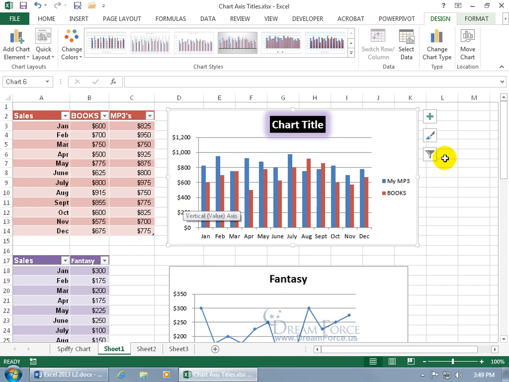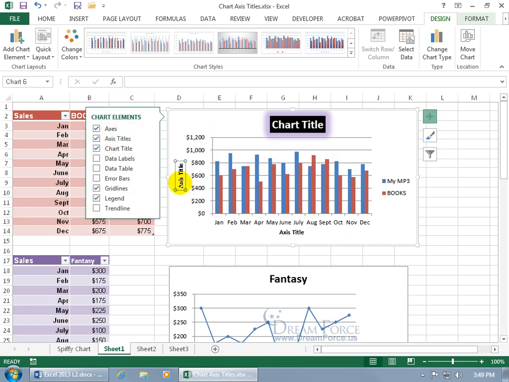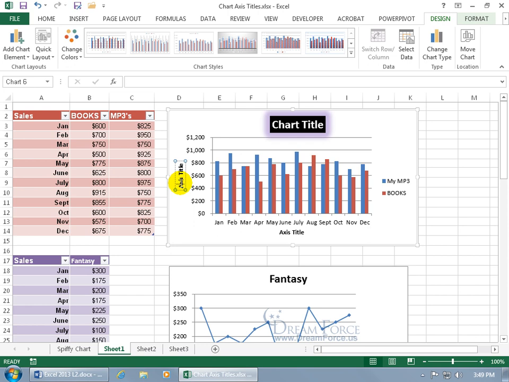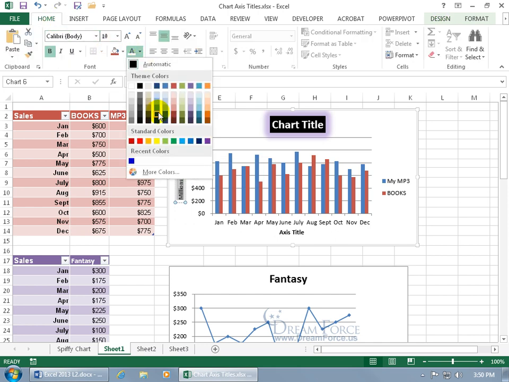Okay, let's go ahead and add them again. Click on the plus sign here, go to Axis Titles, check both. And then to change the font, instead of the default axis title, triple click really fast, or just click and drag so you can select all the text and then just type over it. It's in millions of. And of course, you can format that if you click and drag and select it. You can come up here on the Home tab and do the font formats here,